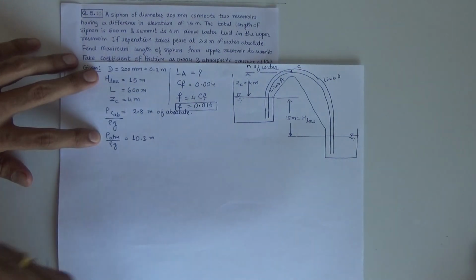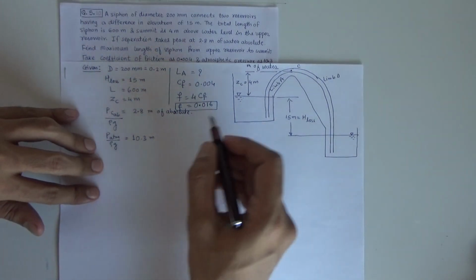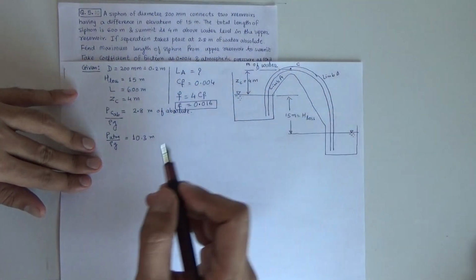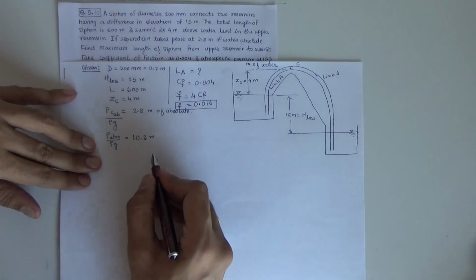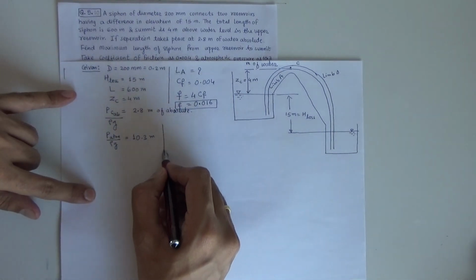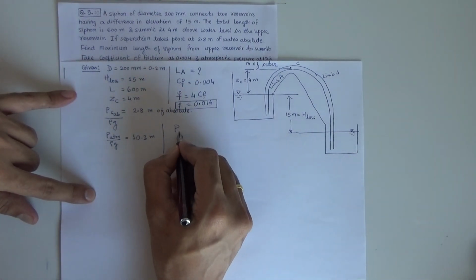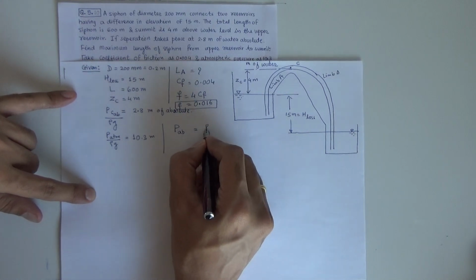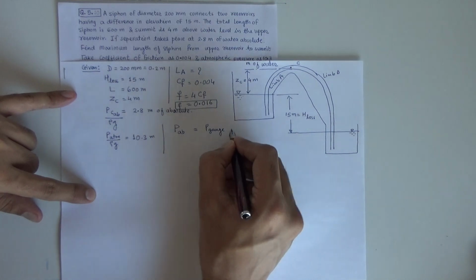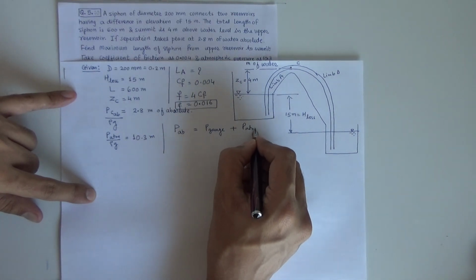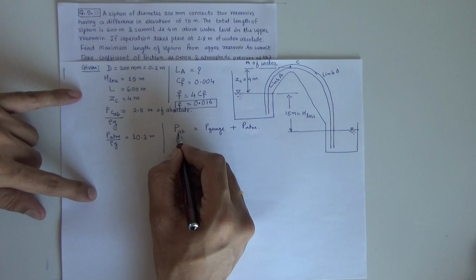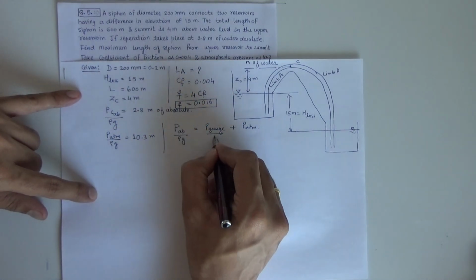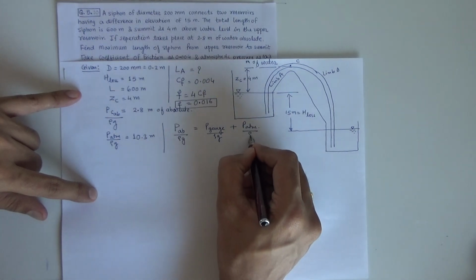Now firstly we have to find out the summit pressure, which is given as the absolute pressure. We want the gauge pressure value. So if I apply the formula, P absolute equals P gauge plus P atmosphere. Now we will convert this into meters by dividing by rho g. If I divide with rho g, all values will be in meter.